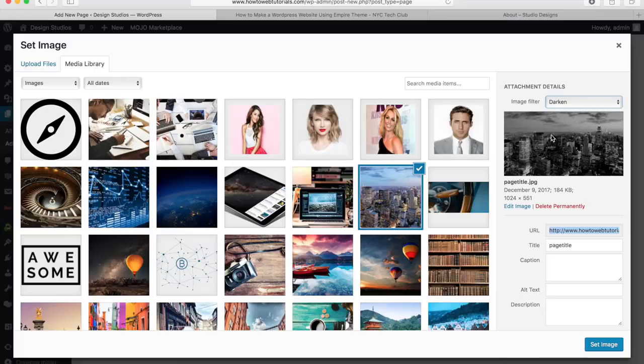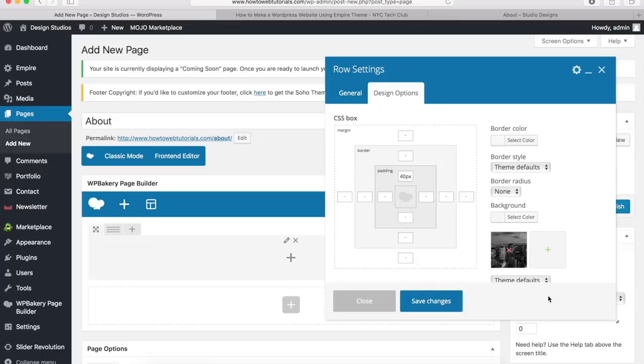So once you select whatever image filter that you want, or if you don't want to use one, then just select the image and then click on set image right here. And what you want to do is wait for the image to show up right here, or it's not going to set as the background image. So if you ever want to delete this, click on the X and then click on the plus button to